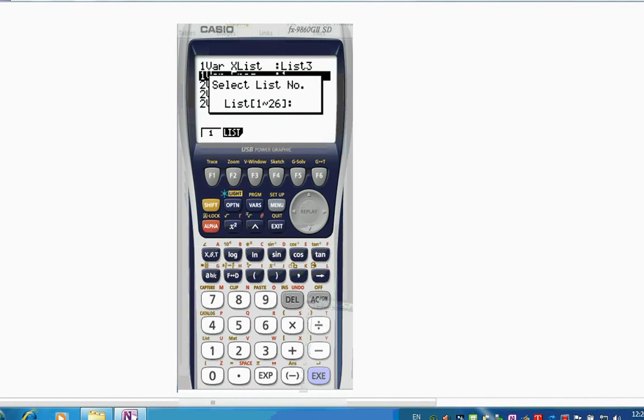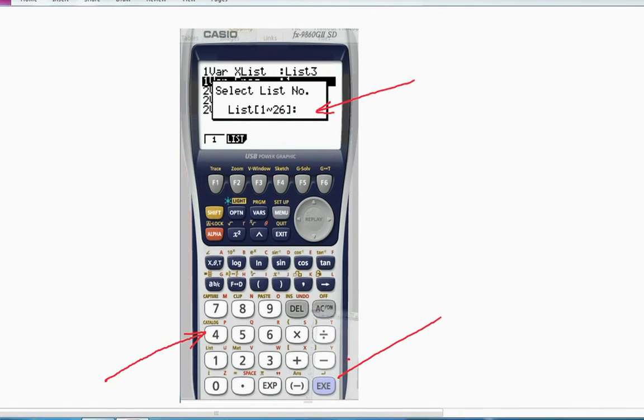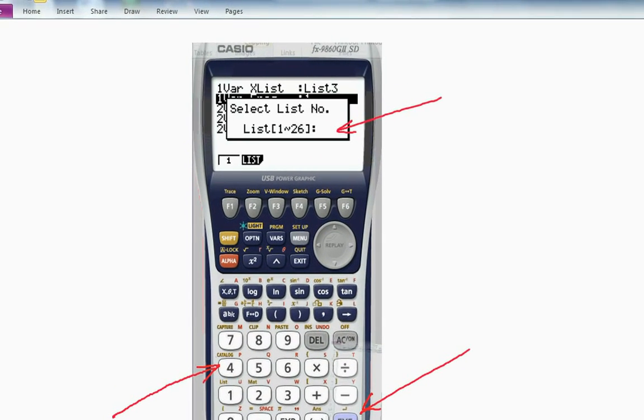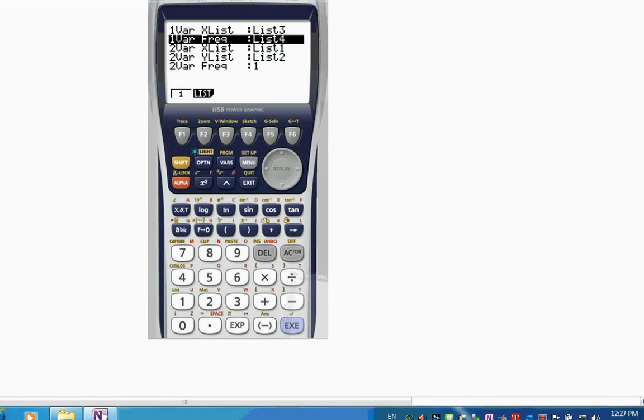And again, we have this option to enter in here a number. So we want to put list 4 in there. So we're going to enter 4 and then hit execute. And we should have the calculator set up as we want. So yes, this says our data is going to be in list 3 and the number of times it occurs in list 4. So if we again hit execute,